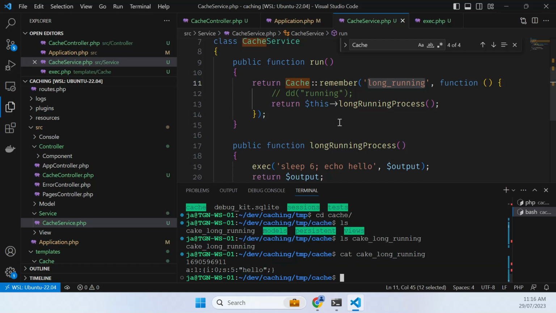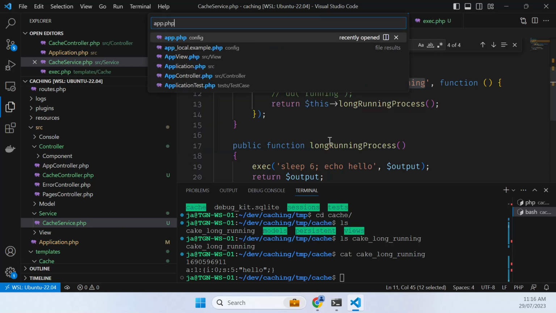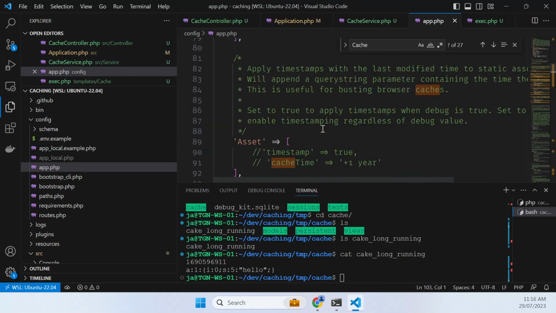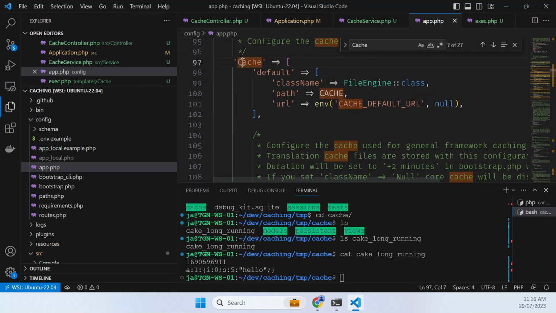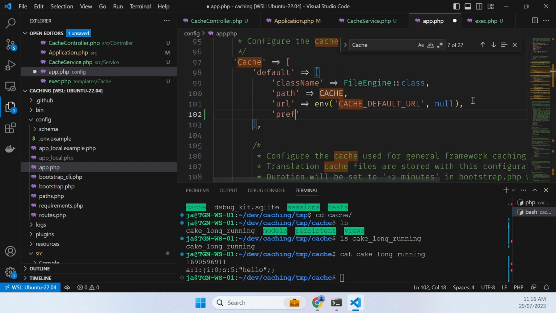What other things can we do, or how do we configure the cache? Let's have a look at that. To configure the cache, we open our app PHP file, and we need to scroll until we find the cache key. By default this is the one that's being used, and you can tell because if I do this,